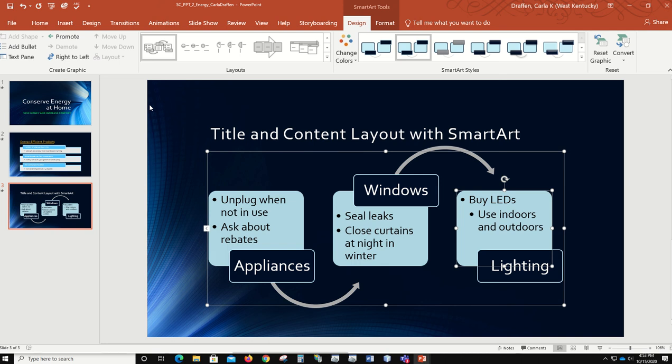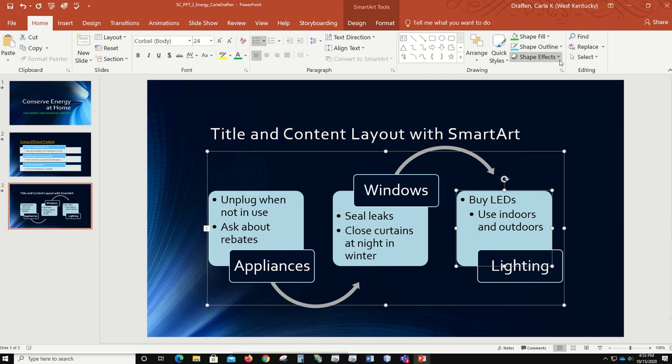Now we want to select all of the pieces that are part of the SmartArt graphic. So make sure that it's selected. And we're going to go to Home. And remember I showed you again where Select was and Select All in the editing group. That's a quick way to select everything. You don't have to worry about clicking on different things to make sure you get them all. And then we are going to